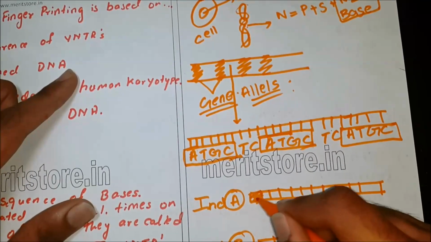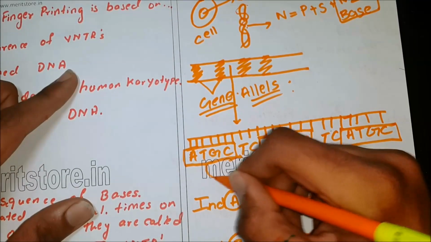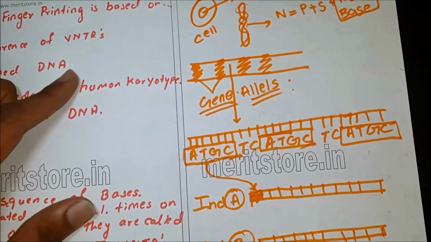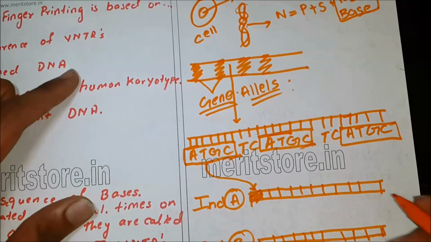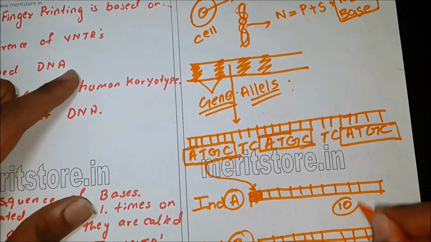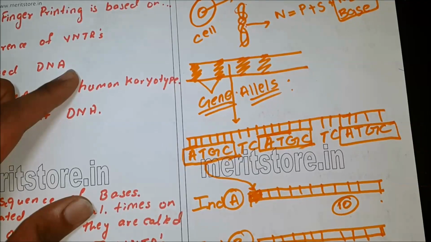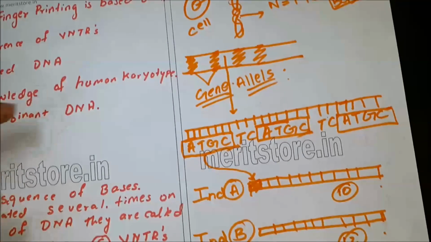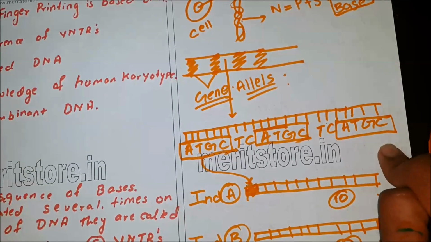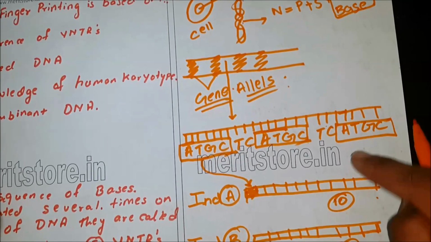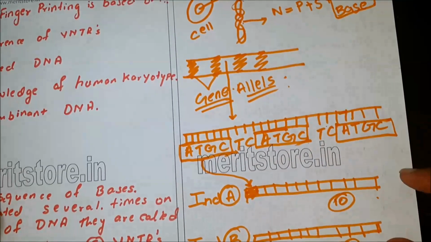This shaded section represents these sequences. So individual A has, say for example, 10 such sequences, and this has, say for example, 12 such sequences. So these tandems keep repeating, and they are different in different individuals, at least the length in which they